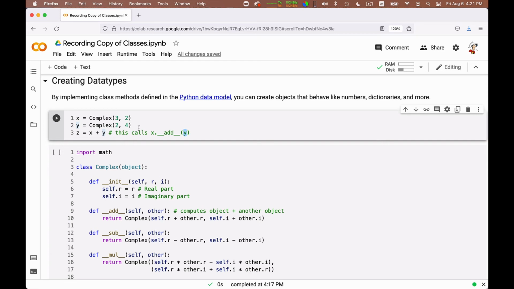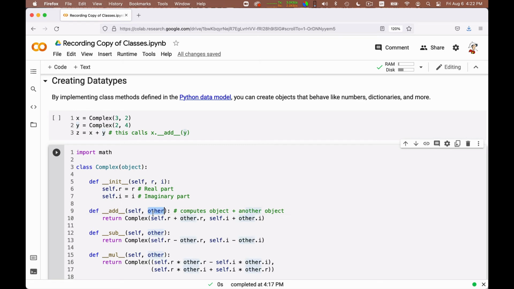Essentially, when you try to use arithmetic operations on things that are not the basic, underlying types of Python, Python will try to look for the existence of these special methods that are used to carry out arithmetic on non-basic types. So in the case of complex numbers, what we do is this. If we add the self to other, the complex number resulting from the addition has the real part that is the sum of the two real parts, and the imaginary part that is the sum of the two imaginary parts.